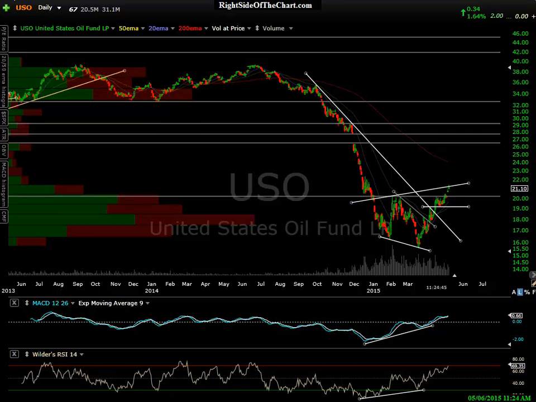Let's see if I can screen draw this out a little better. We'd have a move down somewhere around here, a reversal, come back up, maybe have a little reaction there at the neckline, and then go on to break out of there and move a lot higher. Big thin zone on USO to be filled.